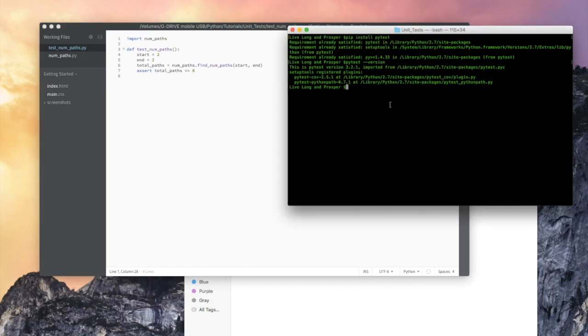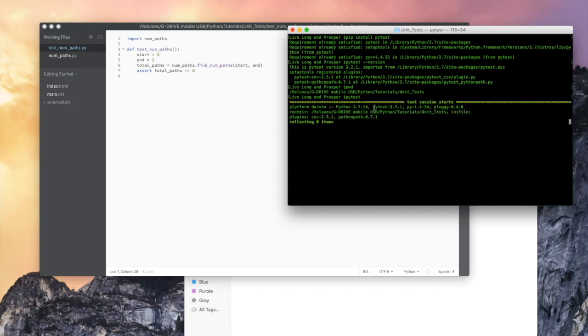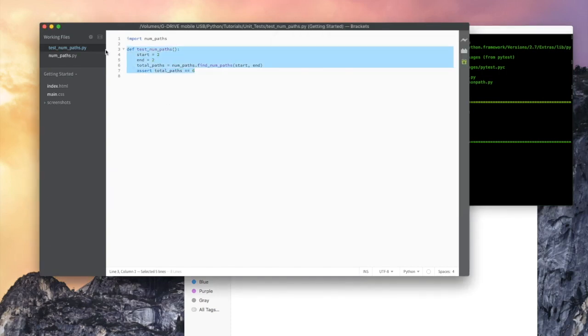And then when I run this, so I'm in the directory that has these two Python modules in there. So I can just call pytest and run it within that directory, and one test passed. Perfect. So now if I wanted to create multiple tests, what I can do